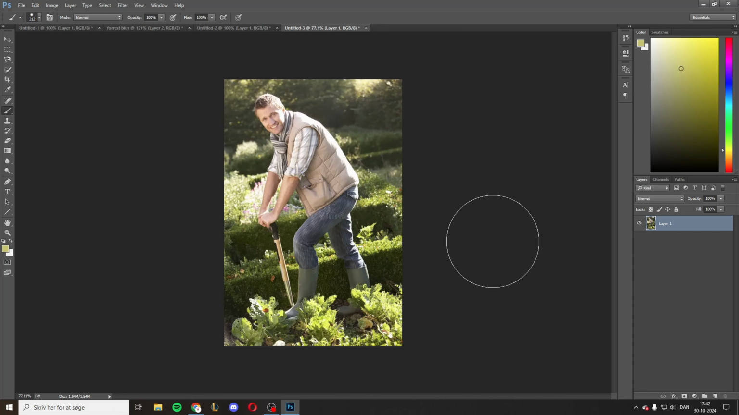Today I will teach you how to color grade in Photoshop. Today I'll teach you a very low-tech way to color grade an entire image. So let's say we have this guy here in his garden and we want to make it a bit more